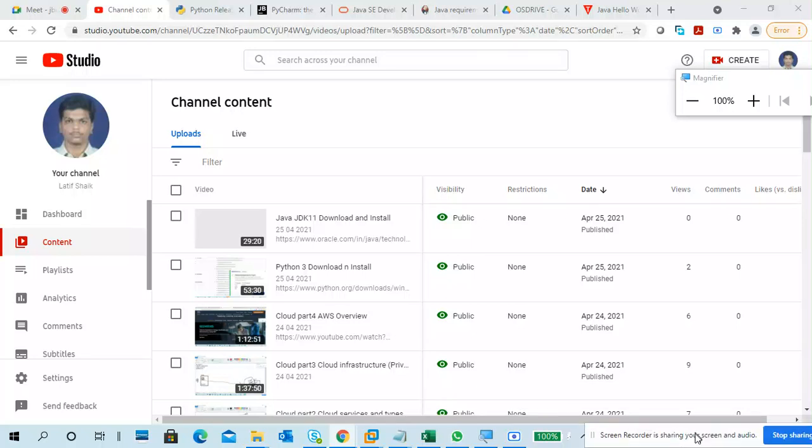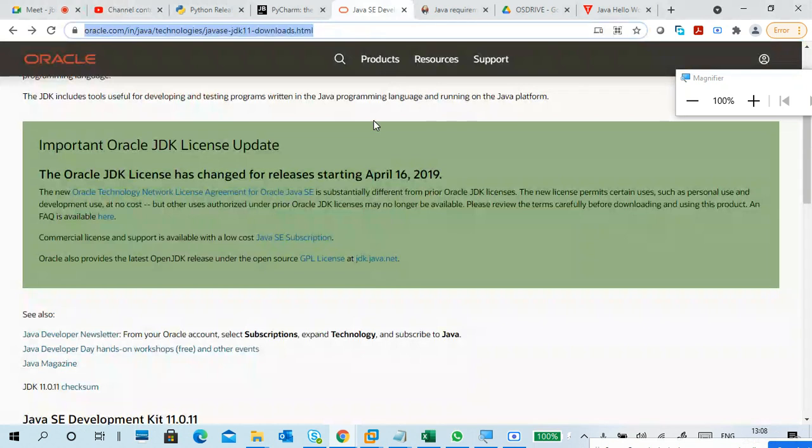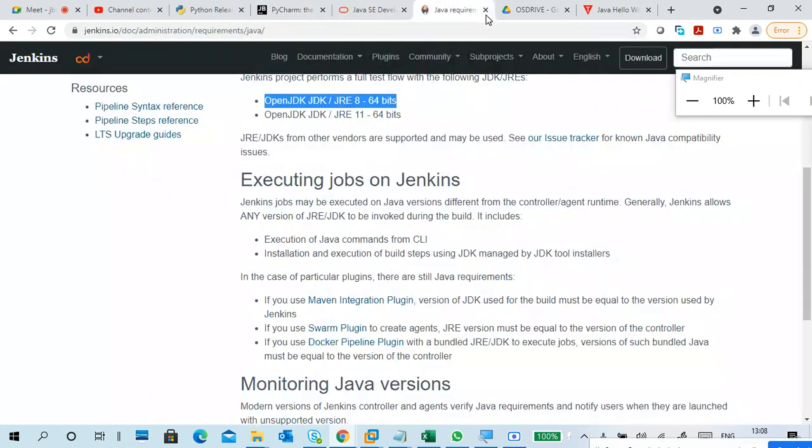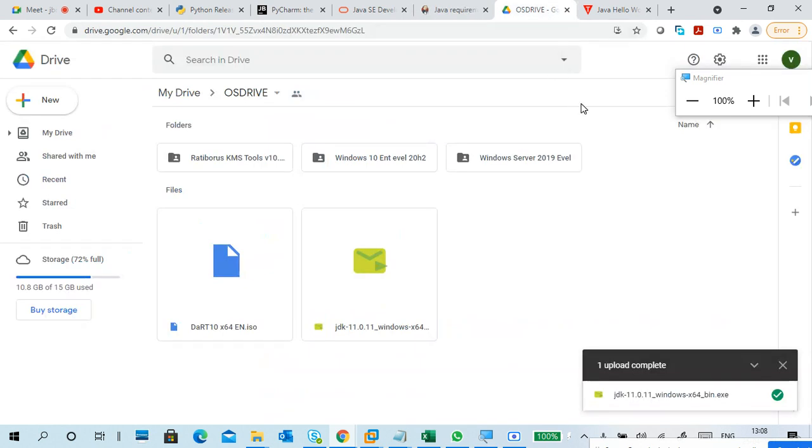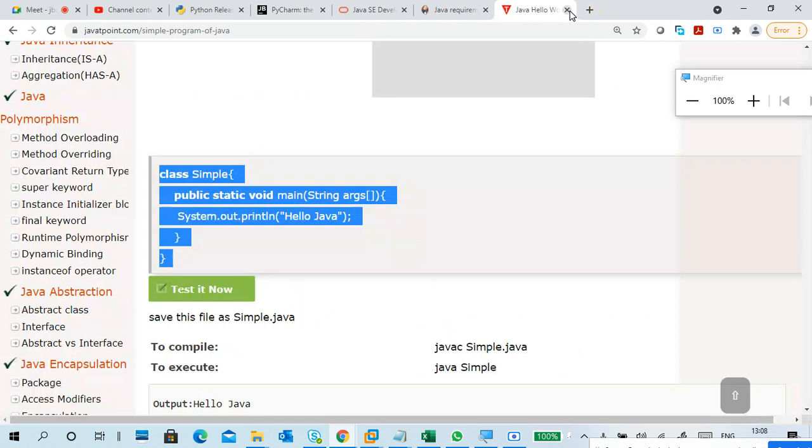Without PyCharm also we can run the programs, but it is an IDE. It will support more environmental kind of stuff. Guys, I installed JDK 11 before installing PyCharm. Also I'll compare with Jenkins. Jenkins supports 8 and 11, so either you can install 8 or 11, which is a better option. Always better go with your bit level: 32 bit with 32 bit, 64 bit with 64 bit systems only.